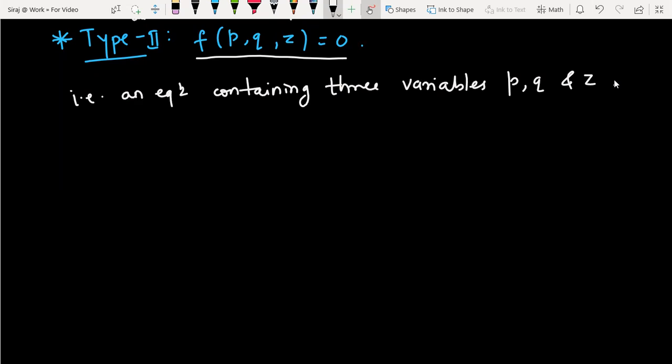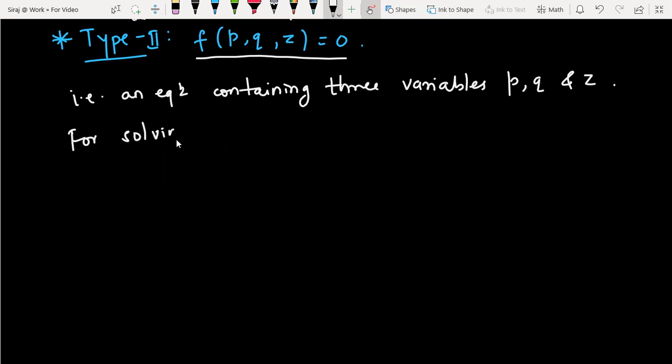We don't have the choice of selecting variables. It means if there are variables p, q, x or p, q, y or x, y, z, then it does not constitute the second type. In the second type, the number of variables should be 3, but particularly the variables should be only p, q, and z. Okay? So for solving this type of equation,